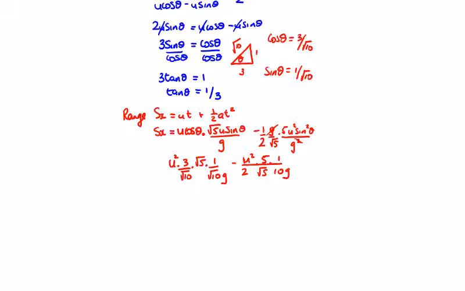So tidying this up, I'm going to get 3 root 5 u squared over 10g